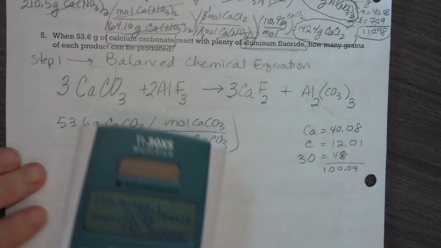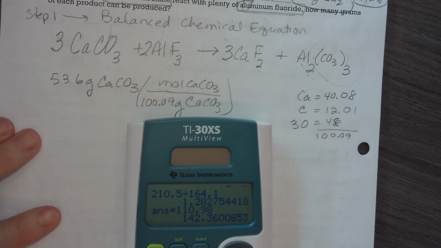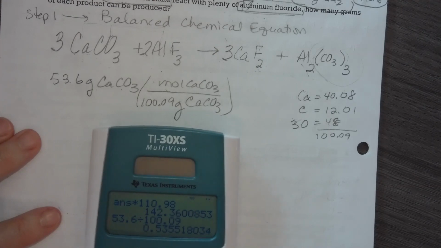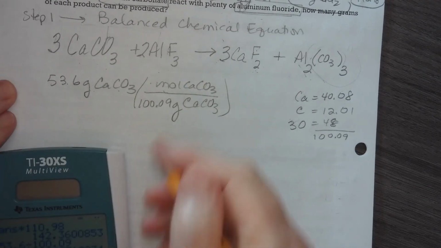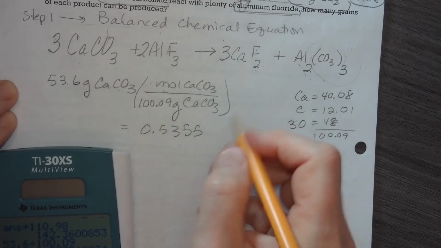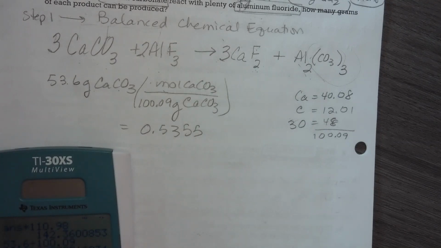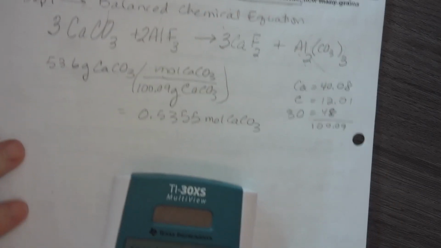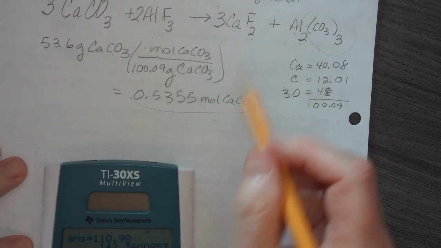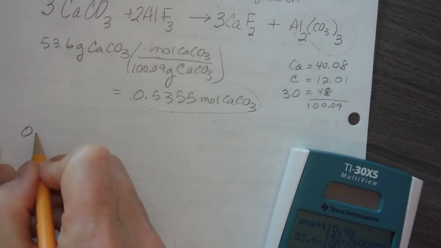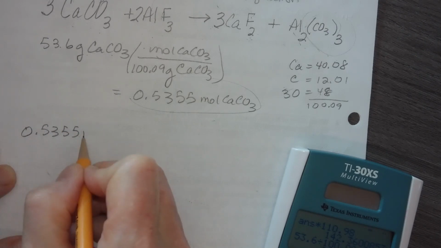And since I have lots of space, I'm going to now say, let's see, we got 53.6 divided by 100.09. And I get 0.5355, and I will stop right there. That's 4 significant figures, more than enough, moles of calcium carbonate. So I'm going to make 2 problems, one where I'm going to convert this to calcium fluoride, and one, all right, so I'm going to start with 0.5355 moles of calcium carbonate,